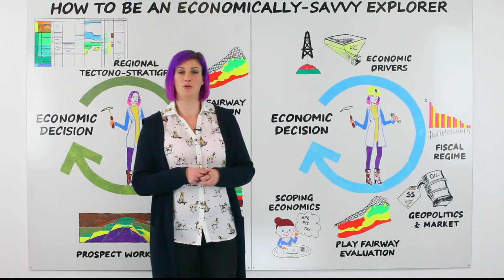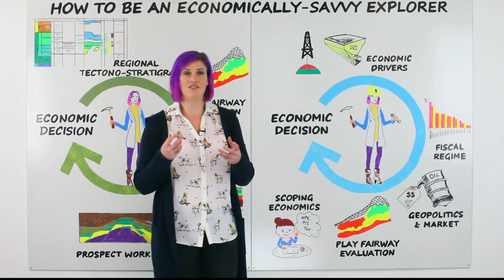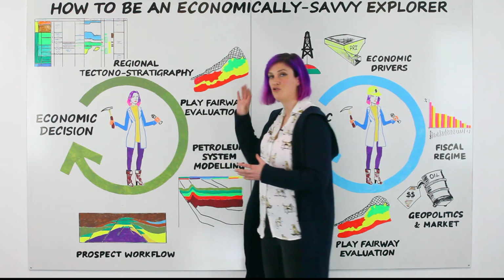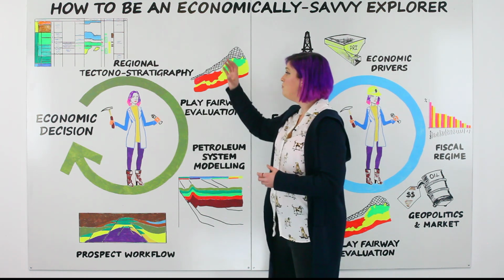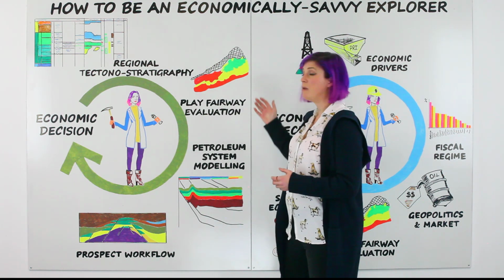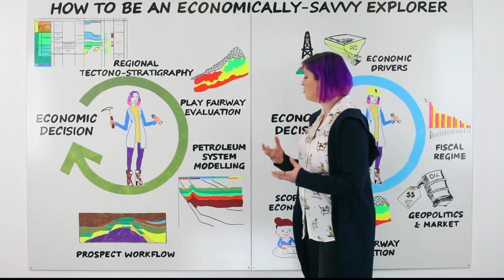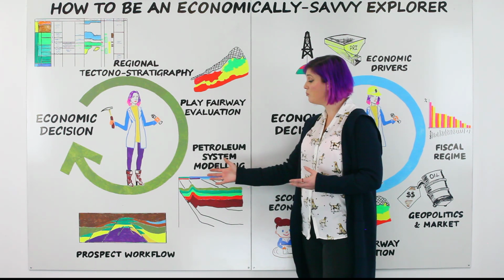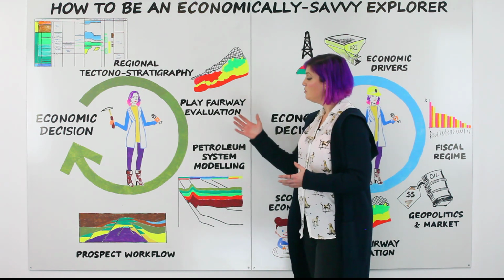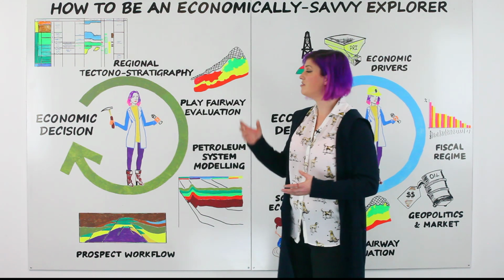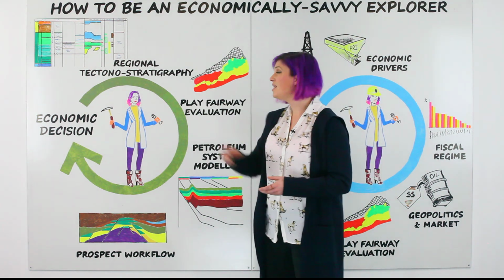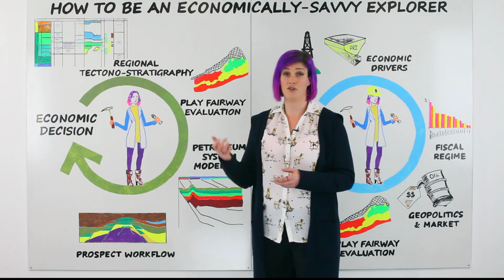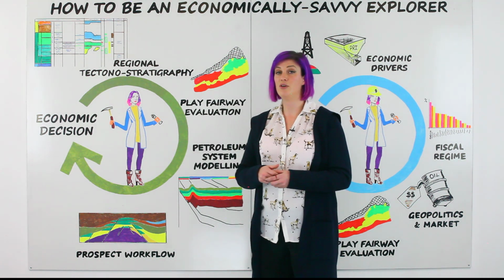So, when you're bringing opportunities into your new ventures team, as a geoscientist, if you see one that's technically interesting, it's so tempting to just get stuck straight into your subsurface workflow, build your regional framework, do your play fairway evaluation, talk to the petroleum systems team and get a model built, and then go and work on your petroleum prospect workflow. Get your volumetrics, get your risks, and then go and speak to your economist. That's a really long workflow before you get to discussing the economics of your opportunity. And what if that economist says to you,